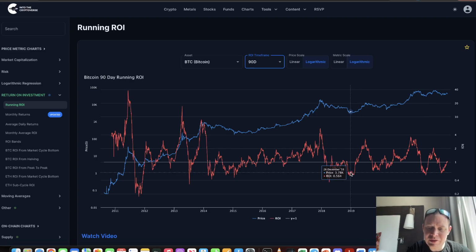You can see there's a lot of previous times where it went down to these levels. And one of the times when it went down to this level was actually back in the end of 2018. Now, if we continue to do something like that, like if we come back down again, then obviously the price will be lower because we're comparing it to a different reference point. But it's important to recognize the 90-day ROI because I do believe it can provide some insight into the market, the asset being exceptionally oversold.